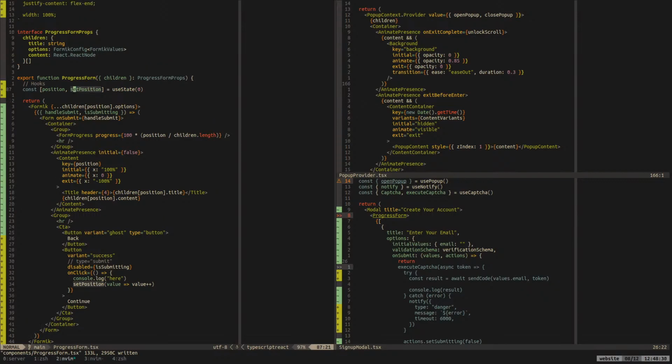So I only want to update the position and increase it by 1, and then I want that to animate, as well as know what the next thing is, change all the values and change the title. Everything will animate and change based on that one thing. So that's how we've got to set it up.